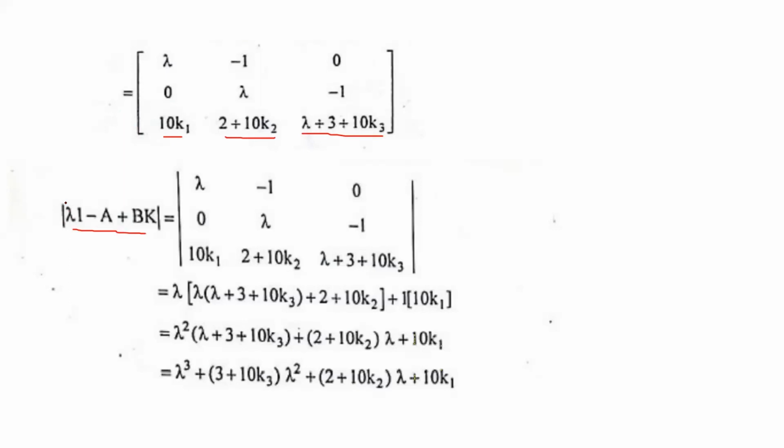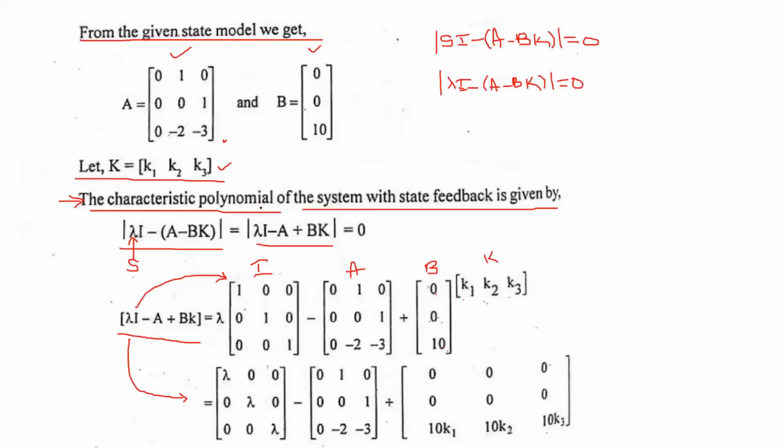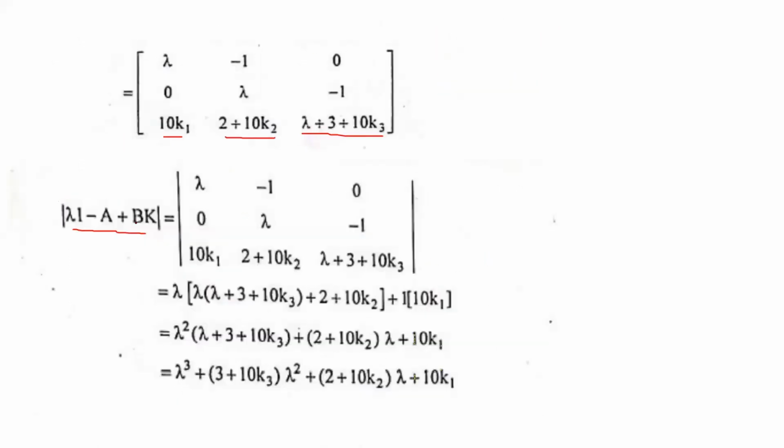Now, because I am going to calculate the characteristic equation, I am going to take the modulus. If I take the modulus of this value, what will happen? The first one: lambda is multiplied with this one minus this one multiplied with this one, plus again minus 1. If I take minus 1, I will go with this value and this value, so minus 1 is multiplied with these two. I will get the respective terms.